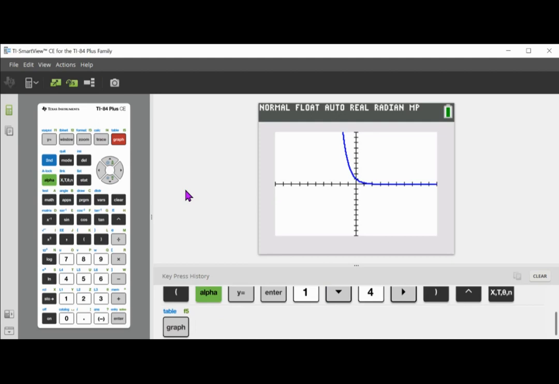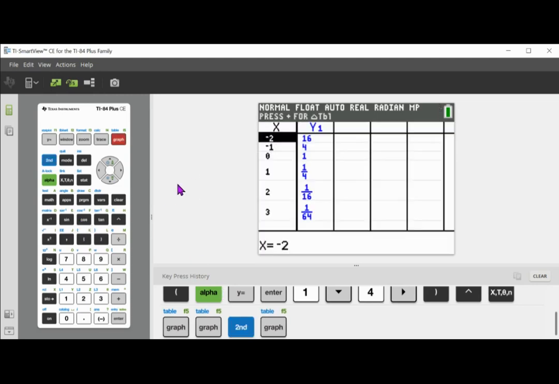Looking at that graph, we can see it goes down as we move to the right. So this is going to be a decay. It starts off very high for the y values when x is negative, and as it moves down to positive x's, the y value gets closer and closer to what looks like 0. So if we look at the table by hitting second graph,